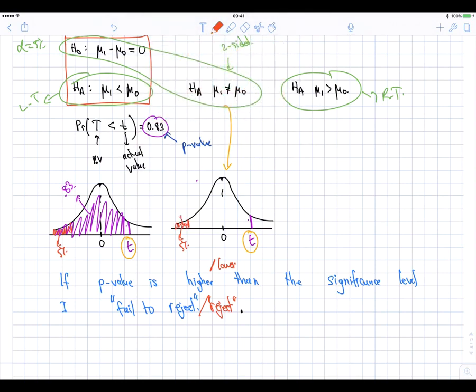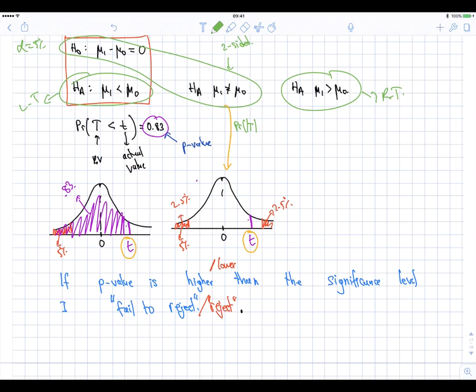So I'm going to have 2.5% here and 2.5% here. My p-value now is going to be something like this: the probability that the absolute value of t